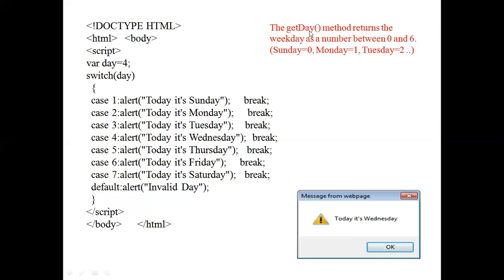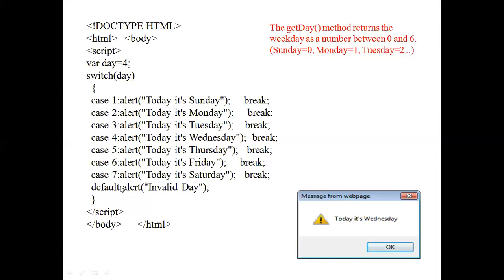Now, if you take the getDay function in the switch, here you display variable day, and if you say getDay, that getDay will take the day which is on your system. Here on the desktop, the date and time is displayed in the right corner. Whatever day you are executing this program on, that day will be taken. So here I need not give any case number. It will take the day from the system. So that function also you can use here.